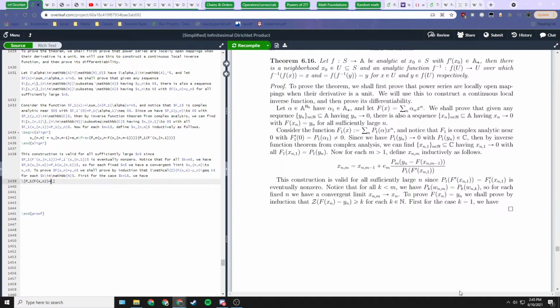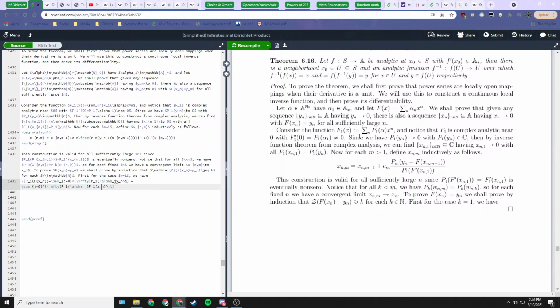This is equal to the sum, n equals 0 to infinity, and we have p sub 1 of alpha n times x power n, which is p1 alpha n, p1 x. This should be, oh gosh, we have too many indices. Let's do a j. j to infinity, alpha j, instead of x power j, it should be x sub n power j. Okay, and then we have this one, this should still be j, this one's j, this one's j, this should be x sub n,